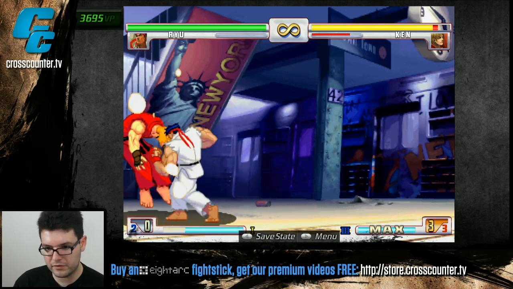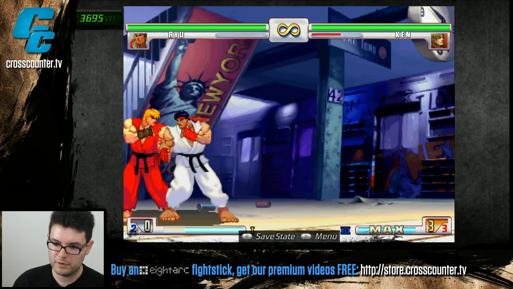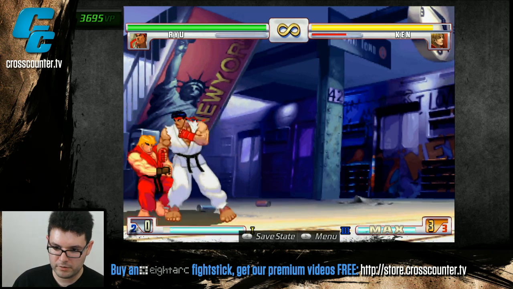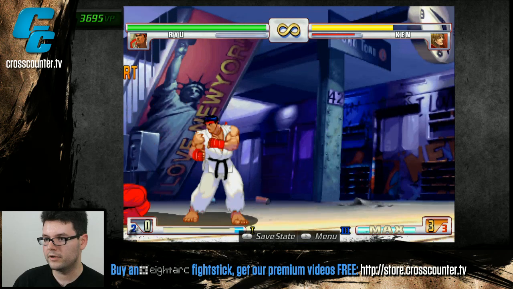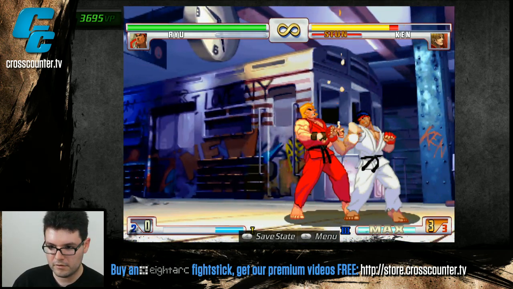What else? Oh, it's also super cancelable. So if you want to do DP into super, you can do the jab one and follow it up with that. I think if you try the other ones,